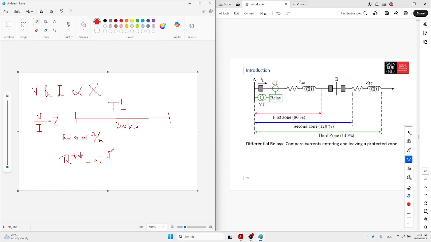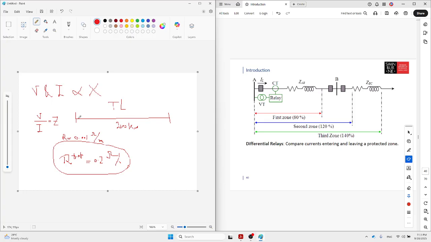Okay, so ohm per, again, this is per meter and this is kilometer. So we have to convert also that one. So later you can convert that one. Okay, I want to say